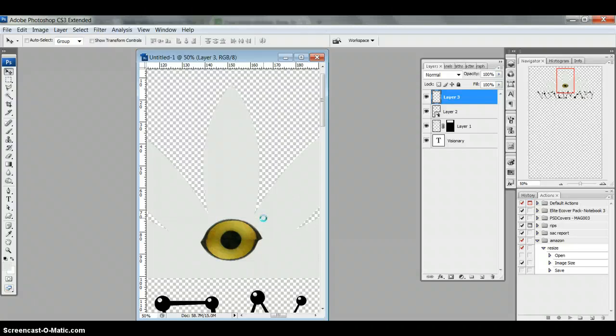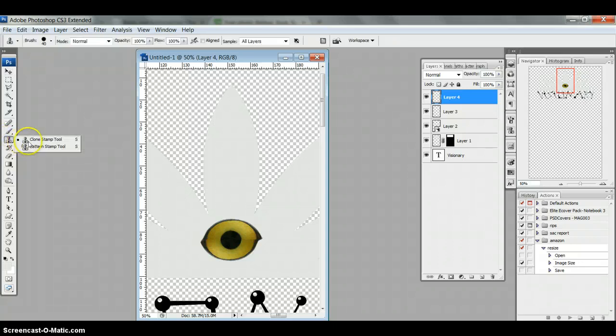Yeah, that's matching better. Now there's that unsightly line in the middle, so I'm gonna add a layer by hitting my layer palette. I'm gonna go to my clone stamp tool, gonna hit Alt and pull out my sample, which is sampling all layers. I'm gonna pull out some of the image and paint in. Control Z that. I'm going to make my brush smaller and Alt click in a darker area,